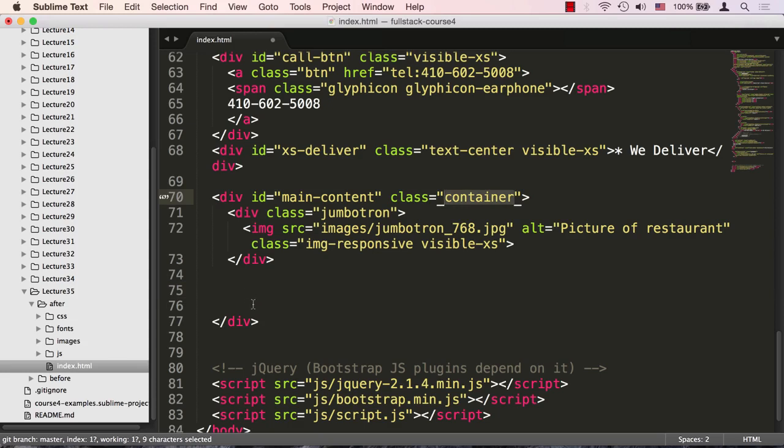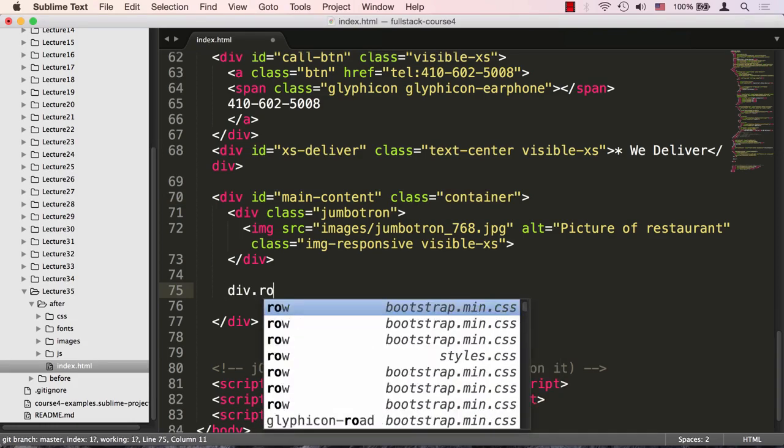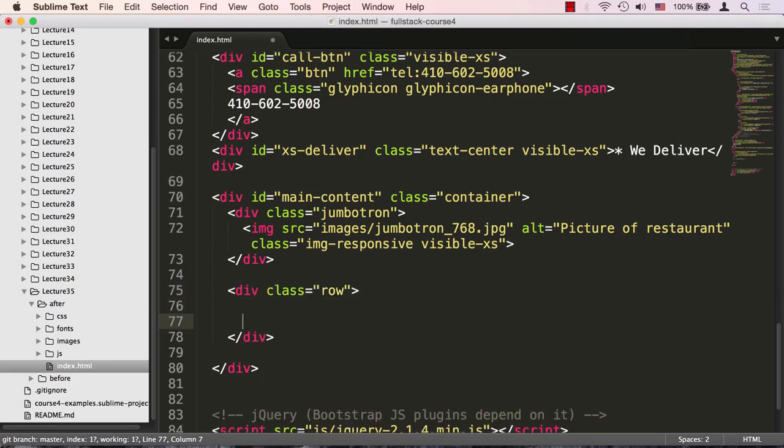Remember that every Bootstrap grid has to be inside of a container or an element that is marked with a container class. So I don't need to do that anymore, but I do need to define a row. So I'll go ahead and define my row. And there it is right here. And I'll even give it an ID. We'll call it home tiles,